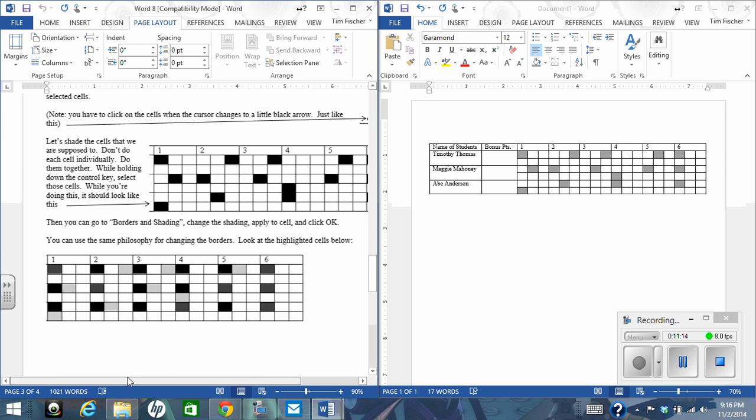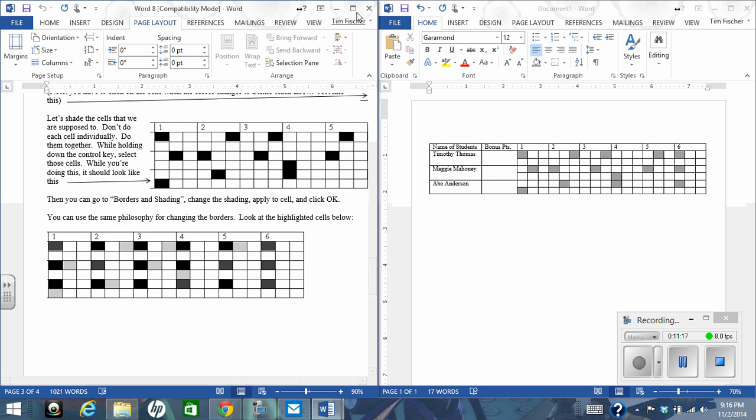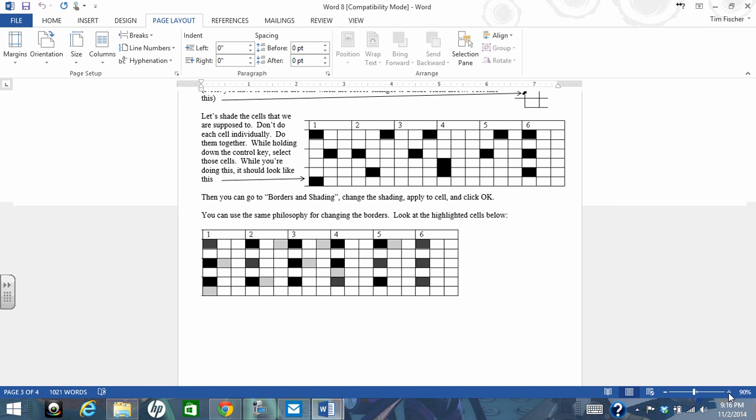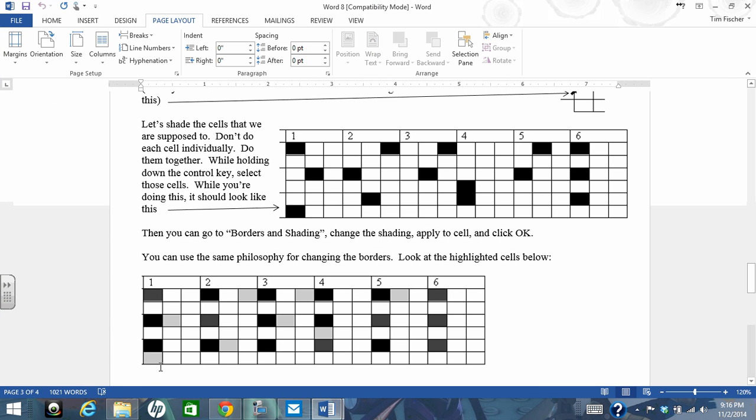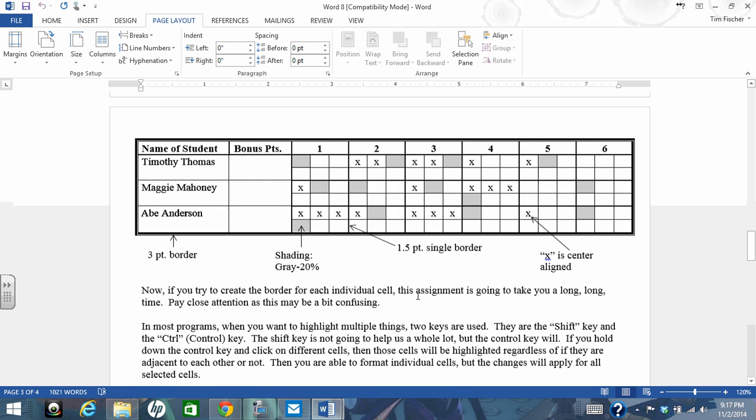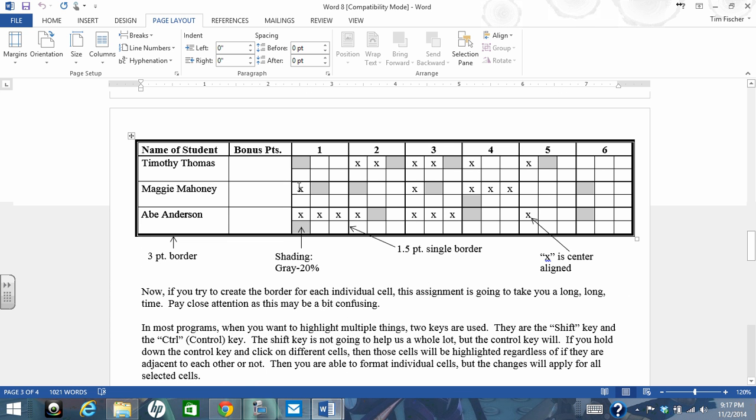But if we look at this last example in the tutorial, I'm going to go full screen with it again so you guys can see it better, right? The gray that you're seeing here has already had that shading done, right? But the black represents holding down control and selecting these individual cells. Now if we look at these cells that have been highlighted and then we go up here, we're noticing that we're here, here, here. Each of them are this corner right here. And so by pressing control on each of these,